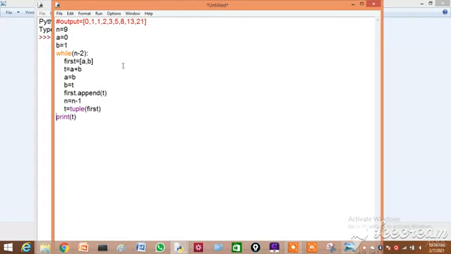For example, here the values will be 0, 1. Here the t value will be 1. Then the a value becomes 1. Then the b value becomes t, that is 1. So now a value is equal to 1 and b value is equal to 1.